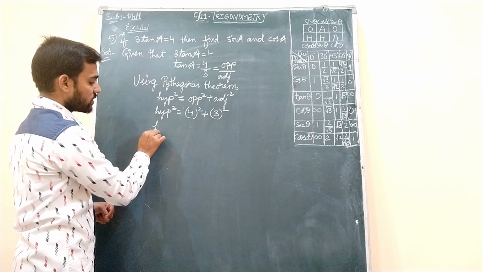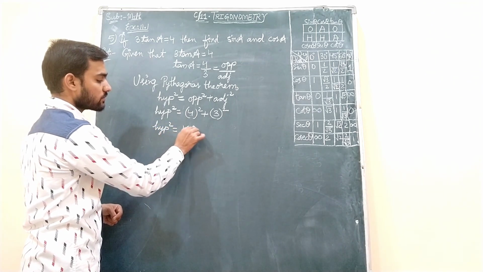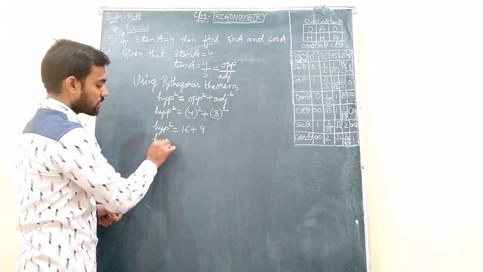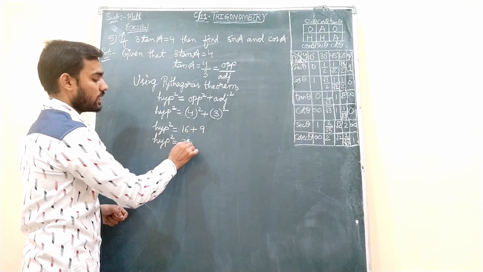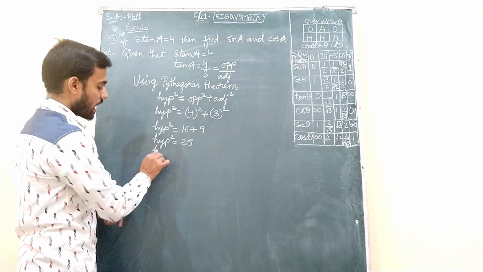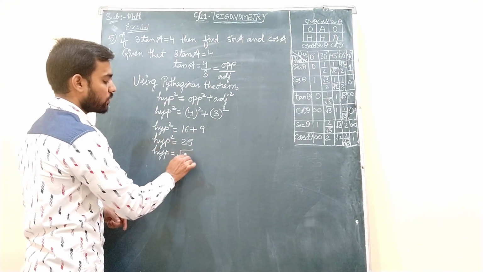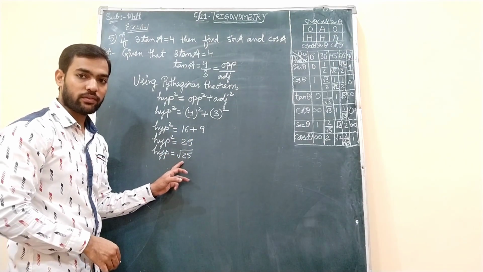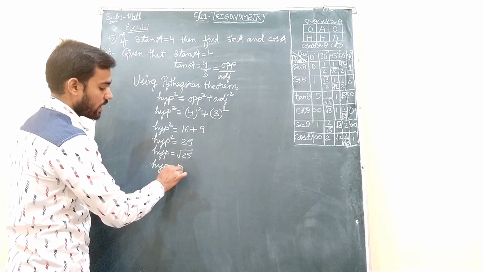Hypotenuse square equals opposite, which is 4 square, plus adjacent, which is 3 square. Understand? So hypotenuse square, again I am keeping it as it is. 4 square gives 16 and 3 square gives 9. Hypotenuse square equals 16 plus 9, and when you add you will get 25. As we did in the earlier question, the square also needs to be transposed. Hypotenuse equals, if I transpose the square to this side, root over 25. Okay students? So what is the square root of 25? 5 fives are 25. So hypotenuse is 5.